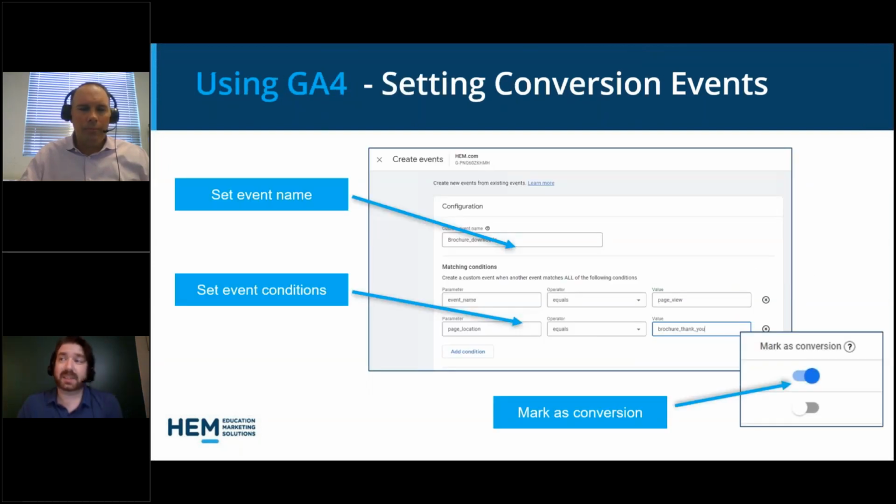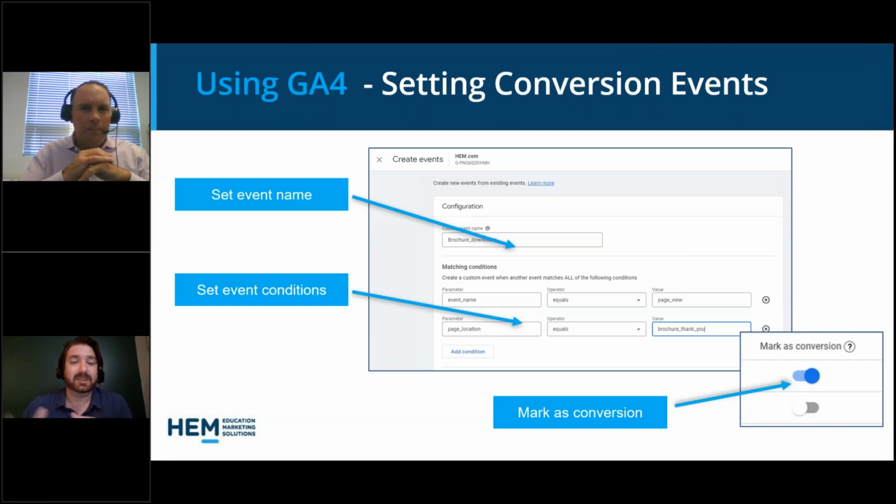So setting up is also a very different process from what it was in UA. It's honestly a little bit more complicated now. You might need to look at some references from Google about what sort of parameters to put in when you're creating a new event. For instance, this one here is just a sample of what the creation process looks like if you're wanting to set up an event for, say, a student hits your website, they have to fill in a form to then receive the brochure.